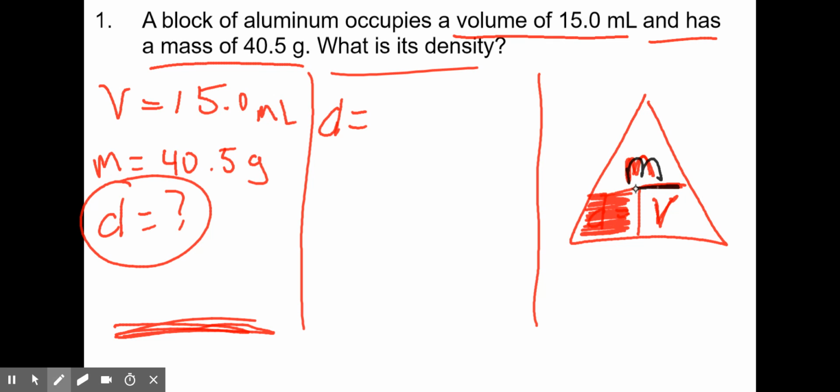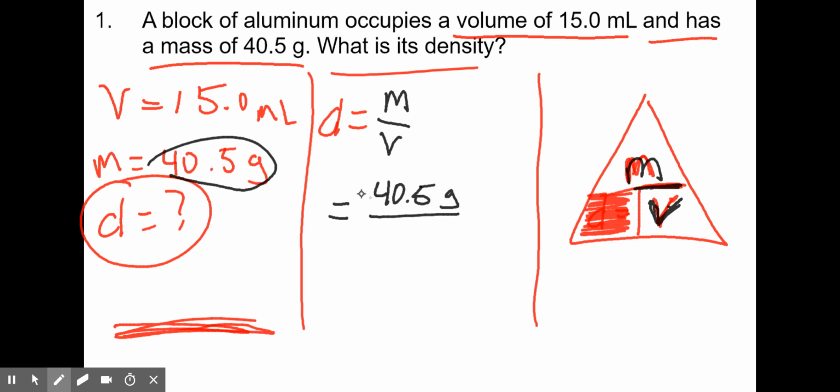We're left with M divided by V. That's how we get our formula: D equals M divided by V. We use our triangle. Now you substitute in those numbers. M is 40.5, so M goes on top, 40.5 grams. And V goes on the bottom. V is 15.0 milliliters. Then we use our calculators to divide that out, and we get